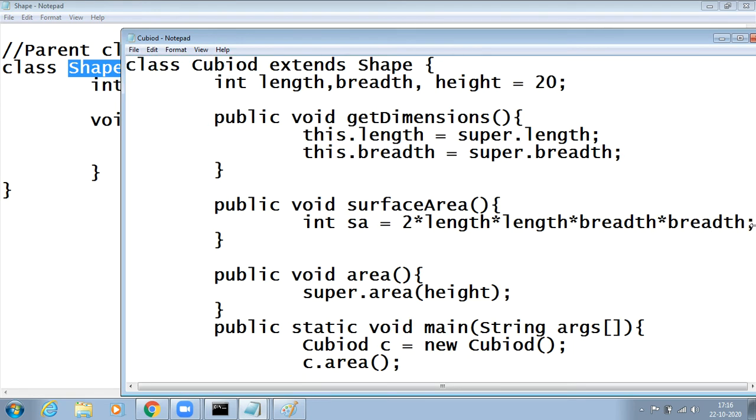To calculate the surface area of a cuboid, I just want to get the values of length and breadth of the shape.